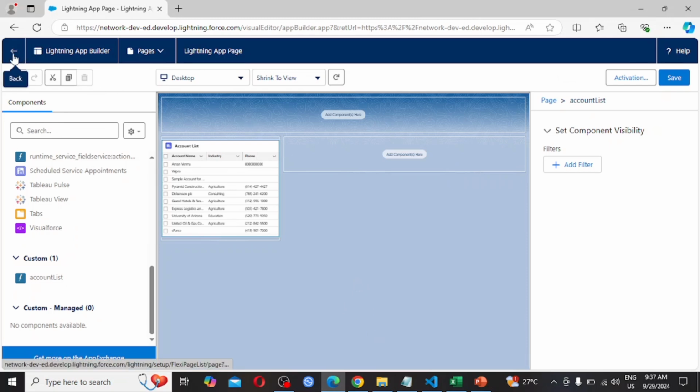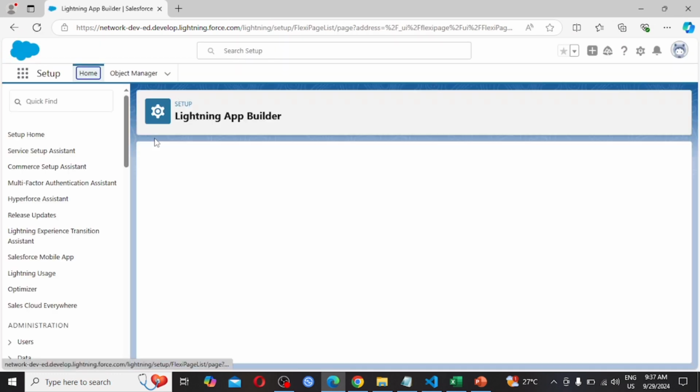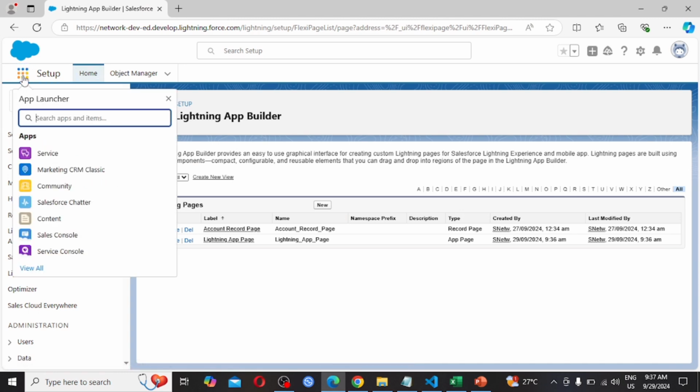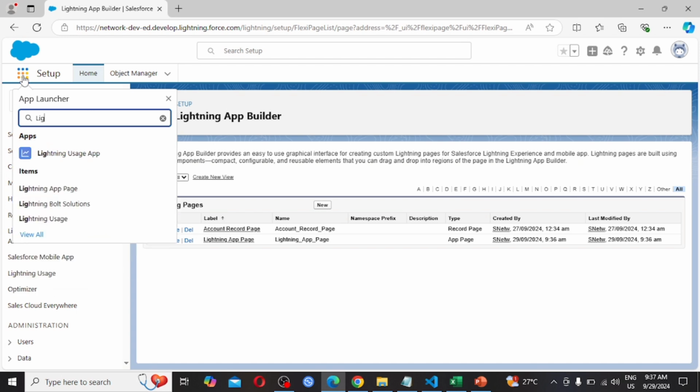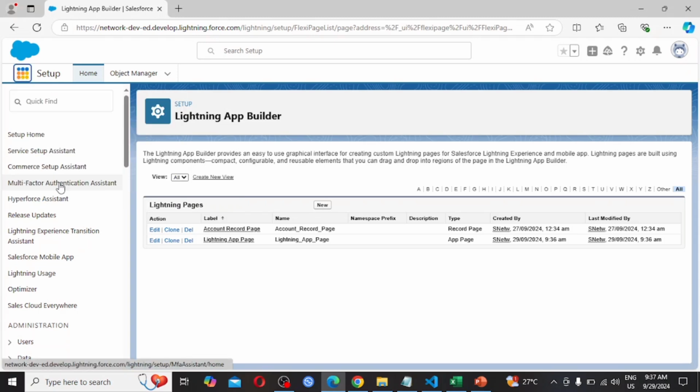So clicking on the back button. As we had created our own Lightning app page, here I can search Lightning App Page. So click on this.